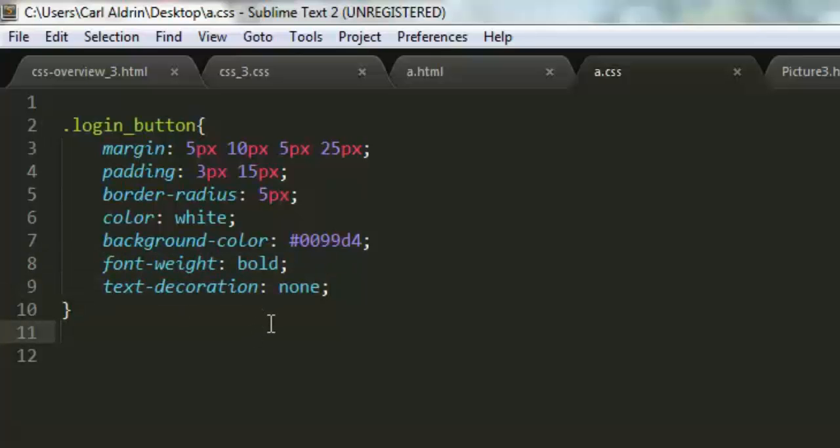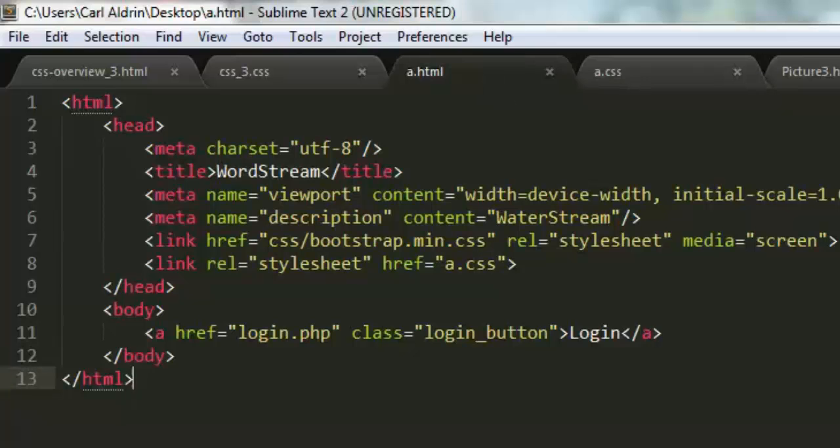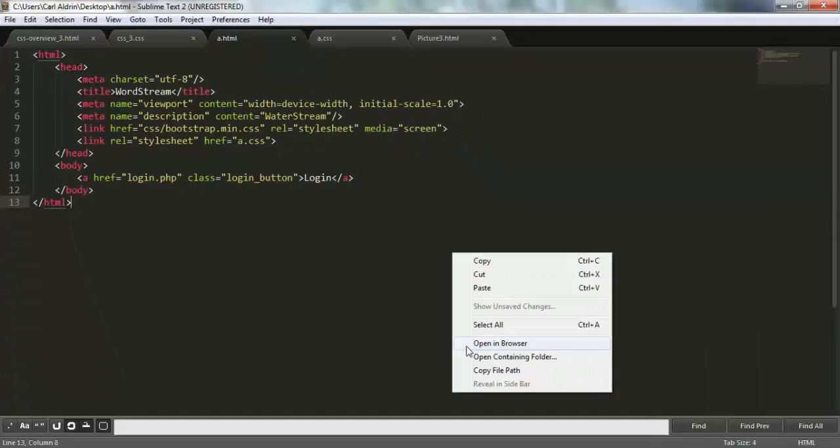These are merely customizable on your own desire. So if we look at the output of this button, we would have this. It's an anchor tag, but it looks like a button.